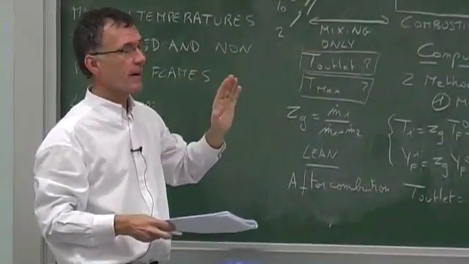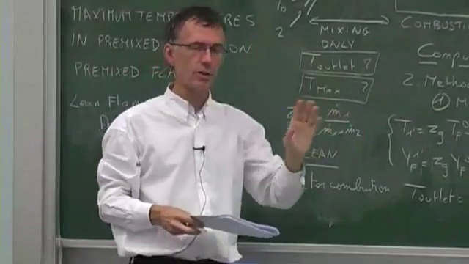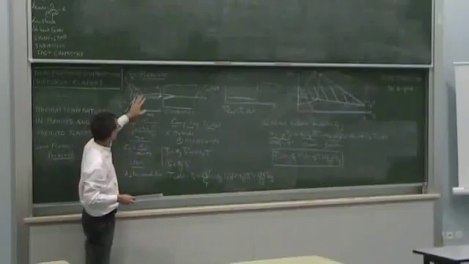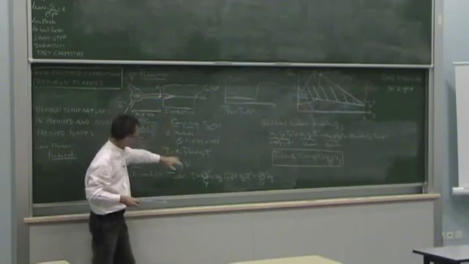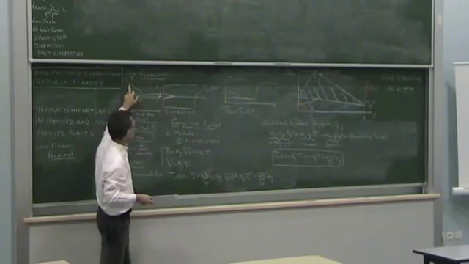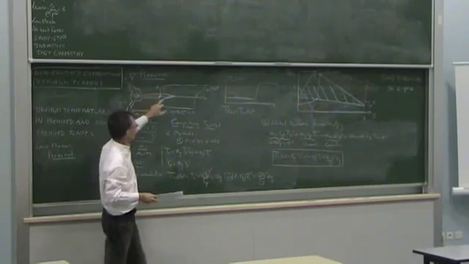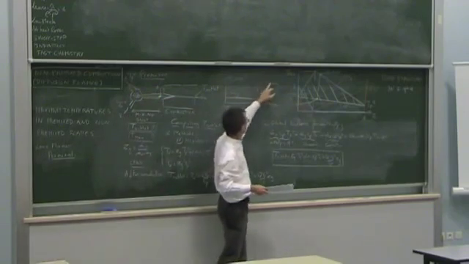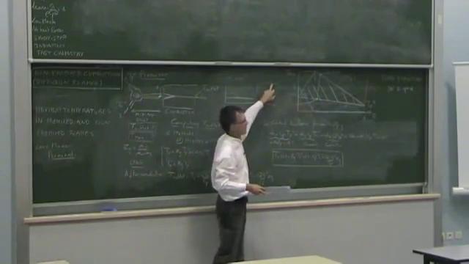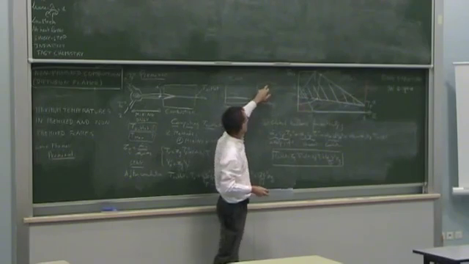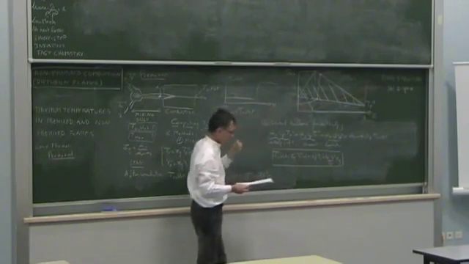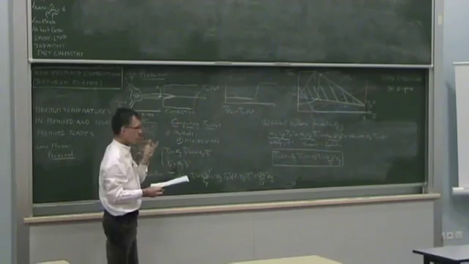So it's a very simple case, and it has this nice advantage, I will come back to that in a minute, that in a system like this, if it is lean, if you don't have a lot of fuel in the system, if you don't inject a lot of fuel, the temperature will always remain below the maximum temperature which is here. You will never go to very high temperatures. So I will do an example in a few seconds to give you numbers.